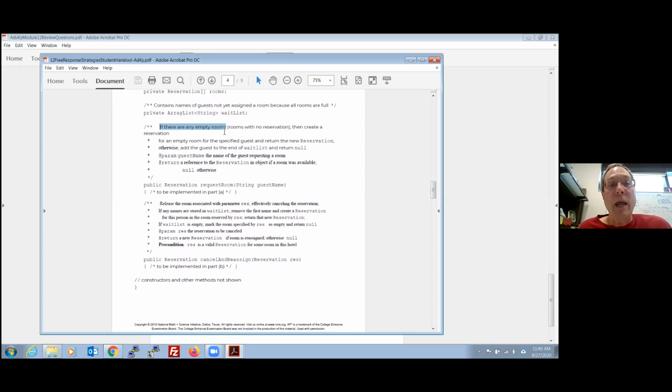if there are any empty rooms, well, that's probably a clue, a good signal that I probably need an if statement in there, because I'll have to check somehow. I have to code it up, but somehow I'll have to have an if checking empty rooms. Okay? And if that's true, then I need to create a reservation. But if this is false, here's this otherwise,